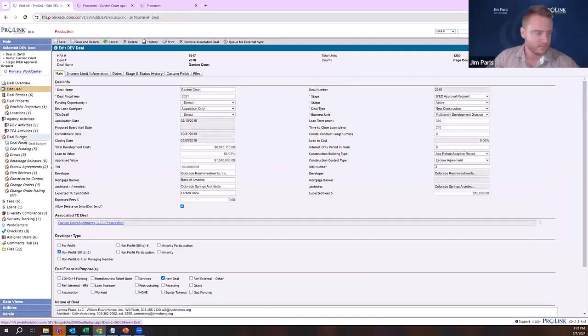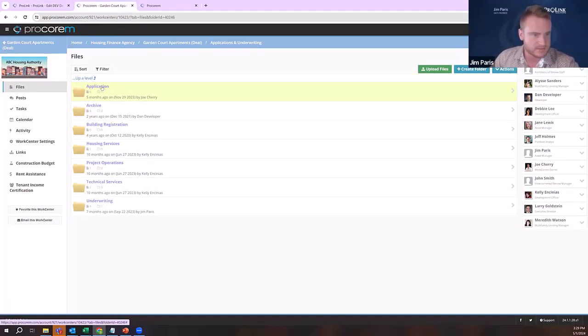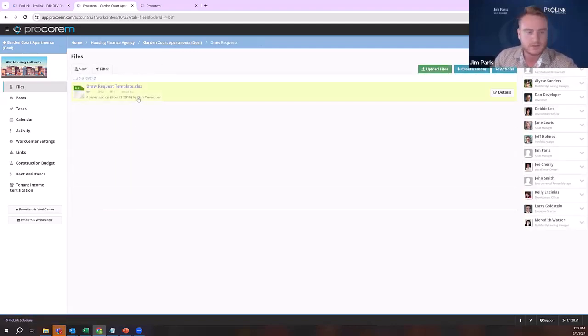And then another thing that we could start doing here is, not only on this application can I use SmartDox, but I can do dev deal draws with SmartDox template forms. So here, I'm not going to do another get and send, but in my Garden Court Apartments deal, for the developer I'm going to give them a draw requests template. So I can have this template for them, and what they can go ahead and do